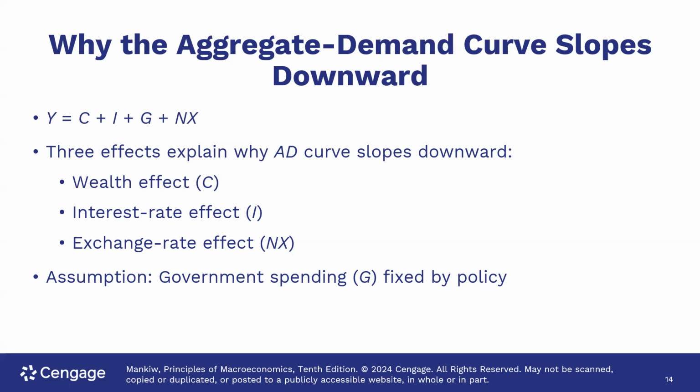So it will lead to a wealth effect. So the consumption could go up. And then for the investment, there is an interest rate effect. For the interest rate effect and the exchange rate effect, we will talk more about it in the following slides,